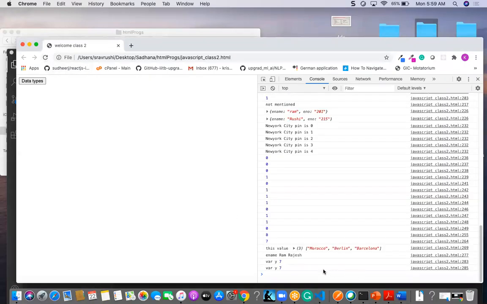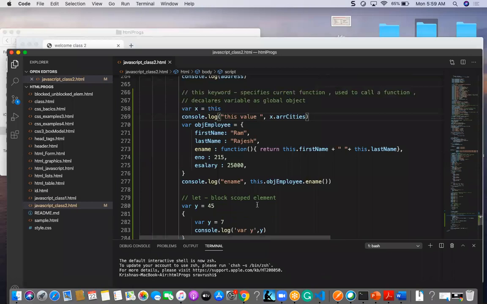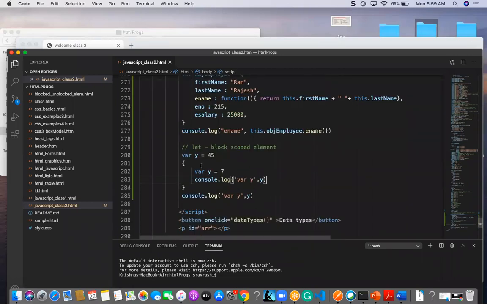Now you will find the var having y, and once anything is overridden with the var case, then it will also be overridden in the y here also.